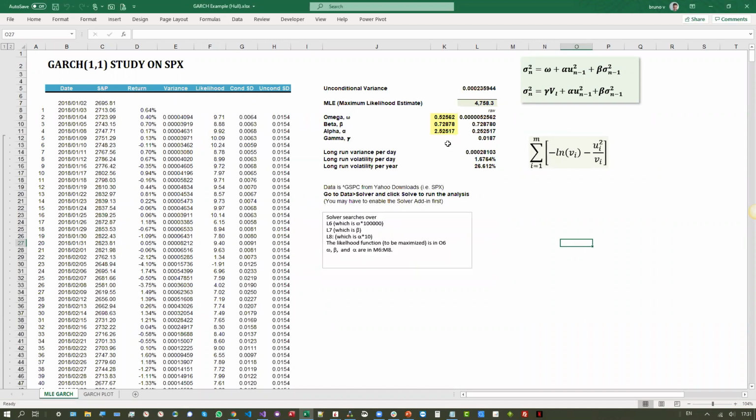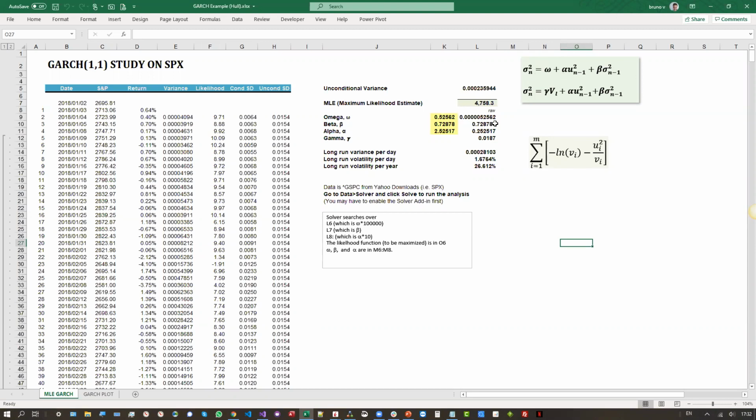I did it just before. So these are the parameters. You now have your equation ready. You have your parameters, and so you just have to calculate the variance of yesterday, and you can figure out whether there's a large autocorrelation factor. At this point, you see that beta, which is the link between today's variance and yesterday's variance, is actually 72%.